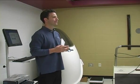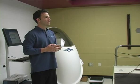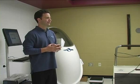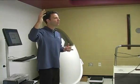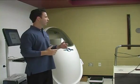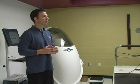Certainly. I think it's important to note all the advantages, but this is prohibitively expensive for some institutions, and we are very fortunate to not be one of those institutions. Yep. And that's why it's not ubiquitous. DEXA is typically over $100,000. The BOD POD is about half that, as you mentioned. Underwater weighing, we pay about